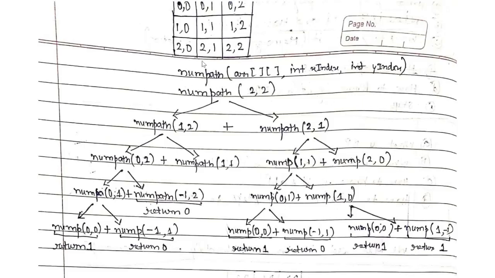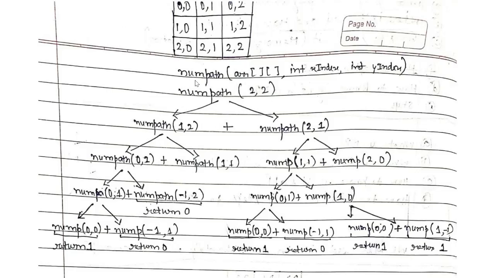This is the function which would be actually returning the total number of paths from source to destination, and in our case the source is 0 0 and the destination is 2 2 over here. This array is actually the pointer or reference to the array, but we wouldn't be needing it because we do not need any of the contents within the matrix itself. We just need to know the size of the matrix, and that we can explicitly give with the help of x index and y index.